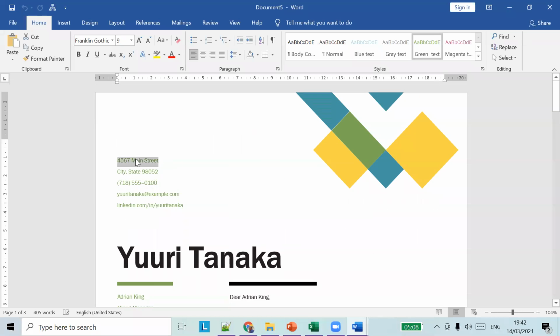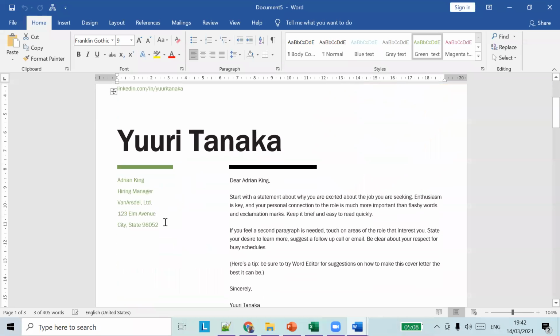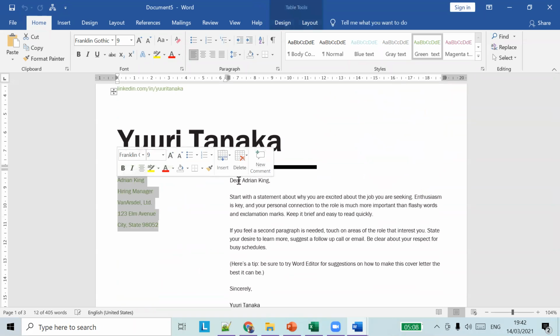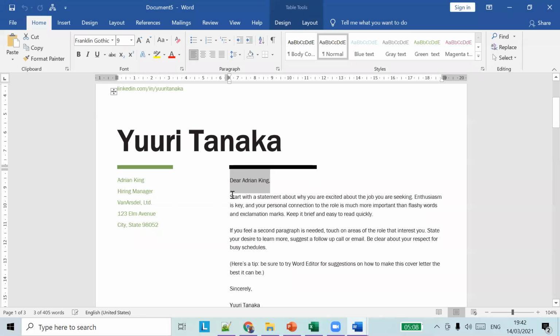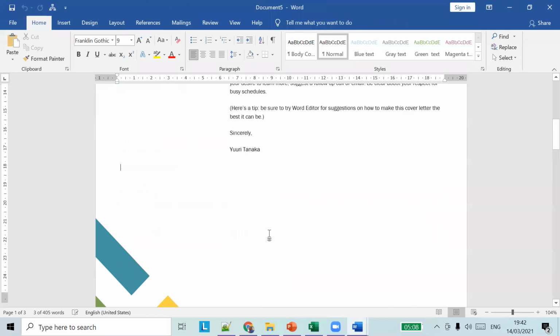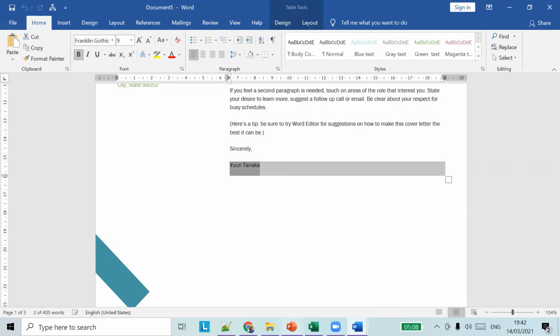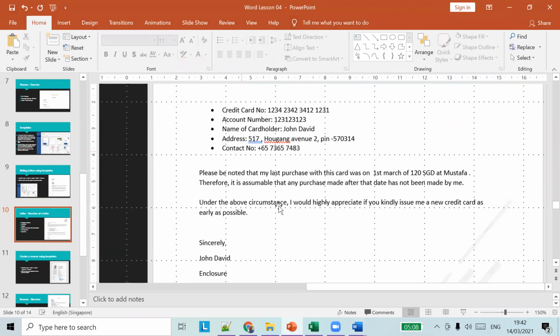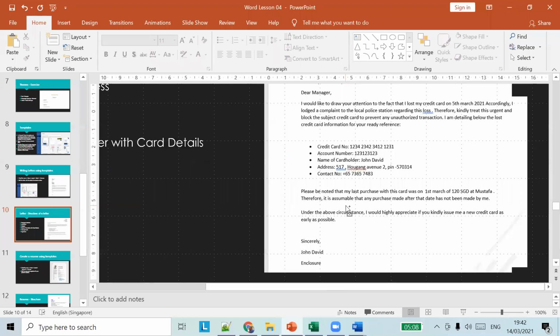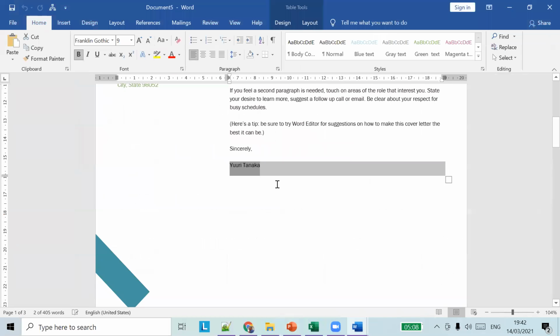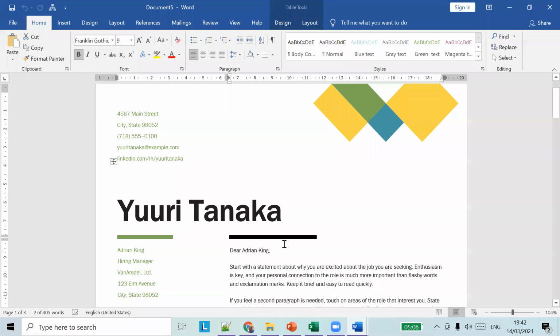So here, I think this is your from address, and this is your to address, and here the salutation is, and this is the body of the document. So we don't have a subject. We have the salutation. We have the signature also here. So if you see any letter template, right, you'll have most of these things. Okay.